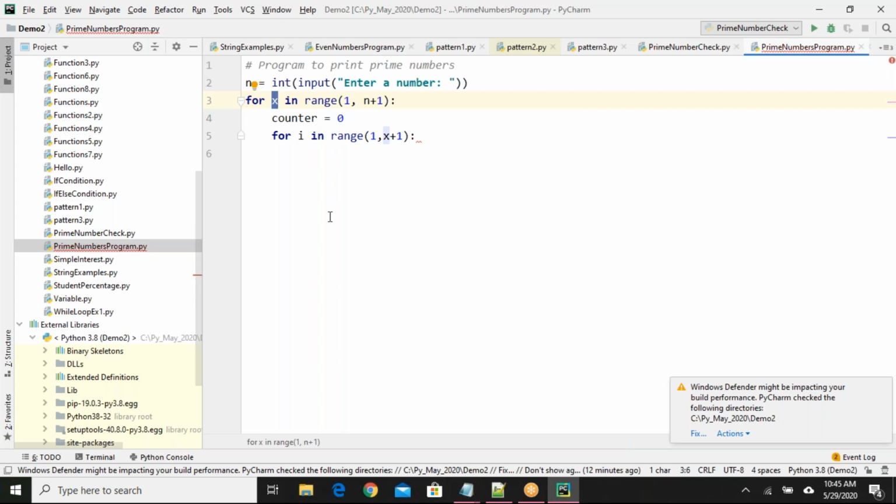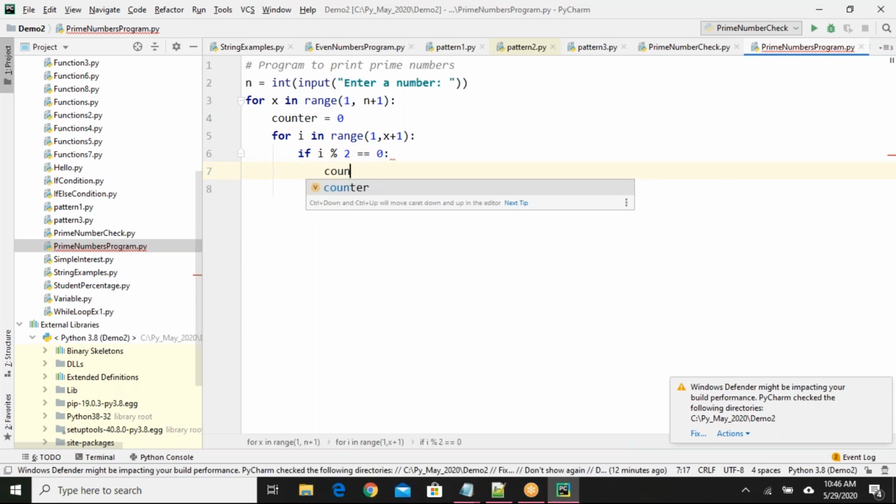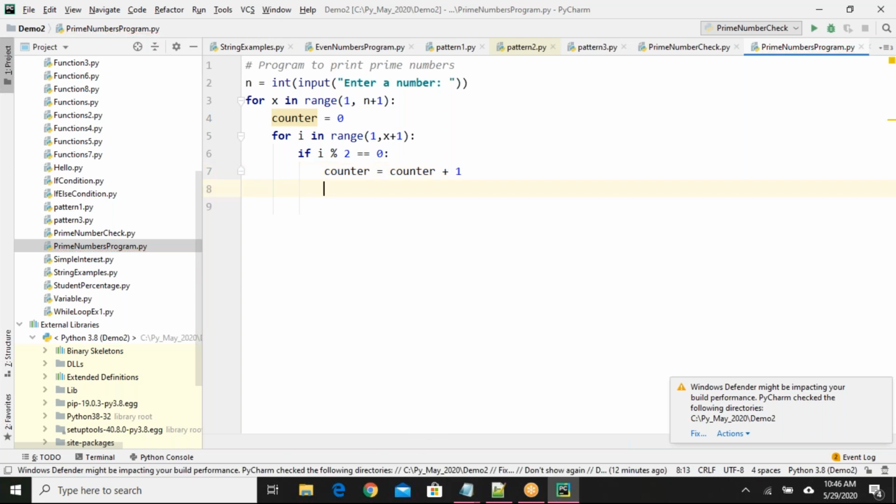That x I need to check whether it is a prime number or not. So the logic is the same: counter = counter + 1.